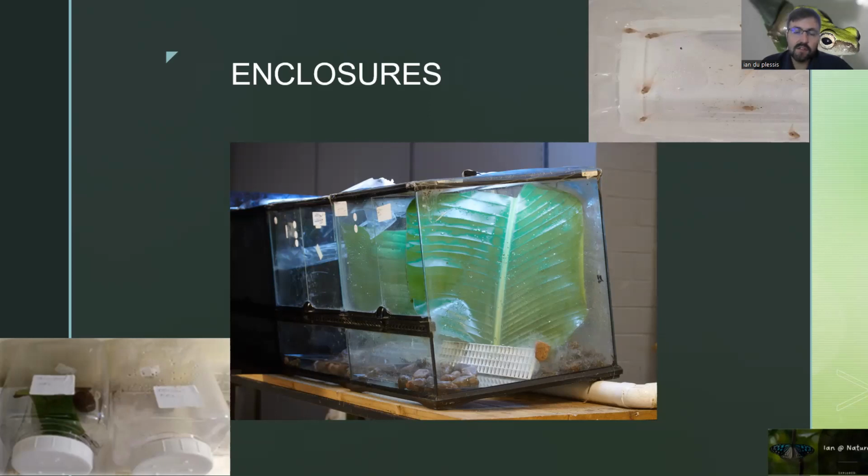The enclosure was tilted forwards at 30 degrees so that the water will accumulate in the front and it creates a suitable water or aquatic area for the frogs, while the back was terrestrial. Then leaves were placed inside, varying from reeds to strelitzia leaves for them to climb, as these frogs do tend to climb at night, high up in the reeds to find food as well as for calling when it's